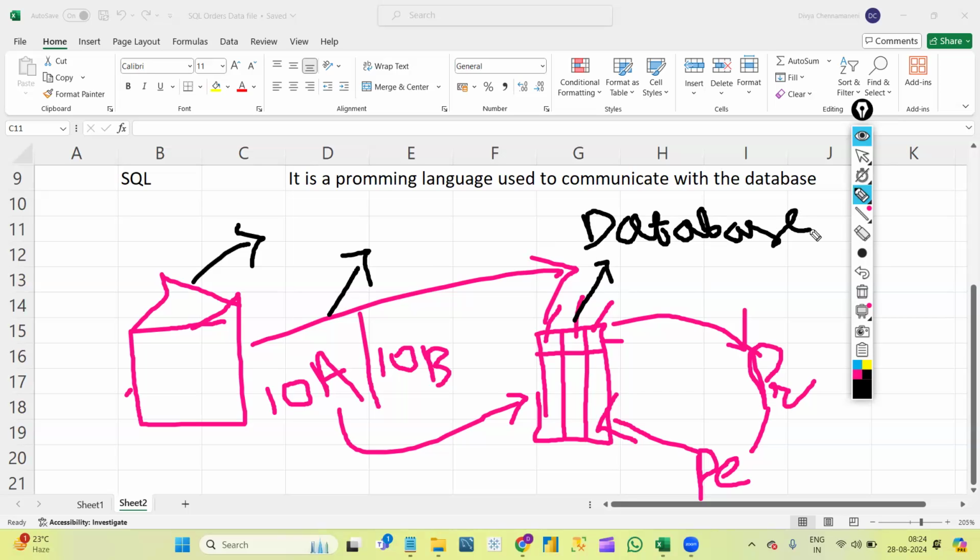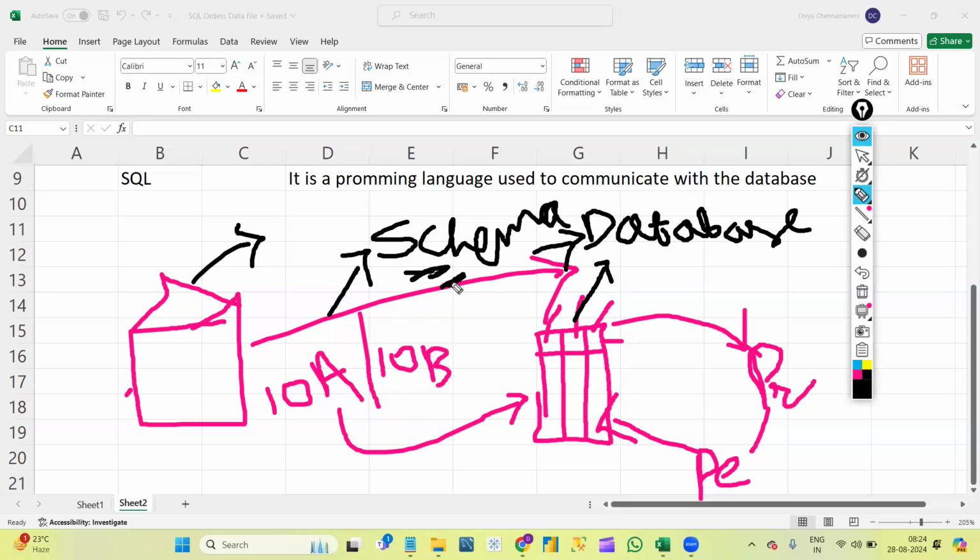In the same way, whenever we are dealing with big data, first there will be something called a schema. Inside the schema we will have the list of databases. The schema can be considered as a C drive or D drive in our laptop.